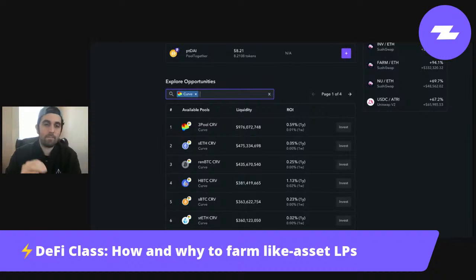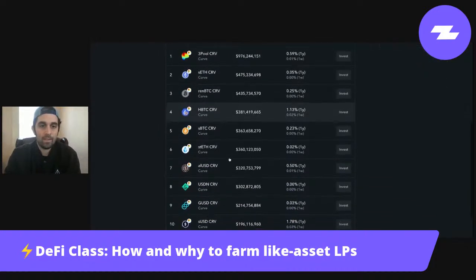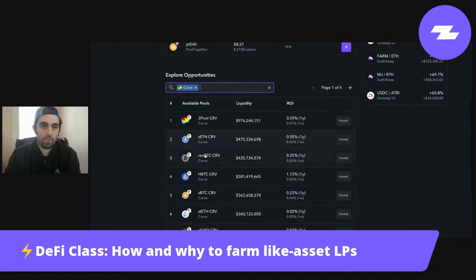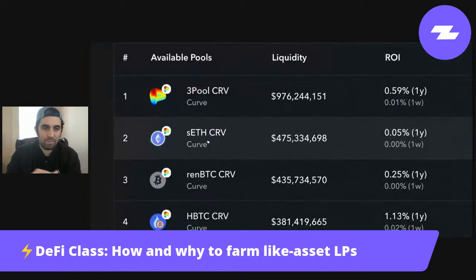But if I'm not aware of what makes up these pools, if I'm newer to this, you can go to curve.fi and they have a list of each of those pools. Basically you can click into the pool and see what tokens make it up. But anyways, these pools are basically stable coins. They are pools made up of some derivative of Ether. There's staked Ether by Lido. That's another opportunity that's in here.